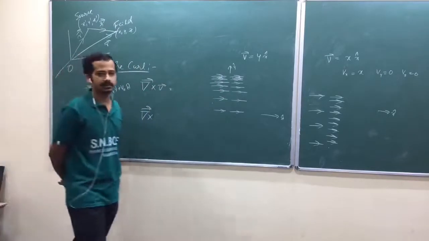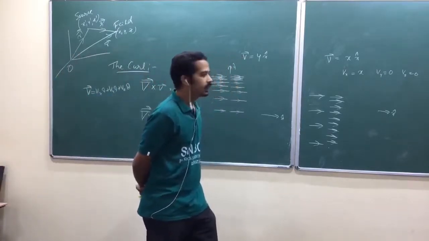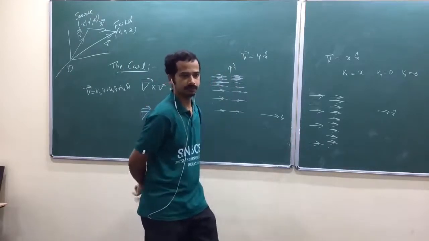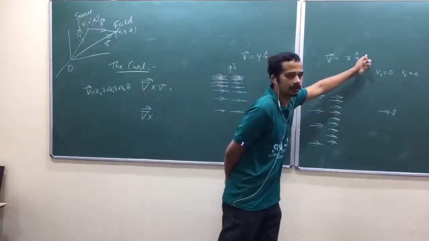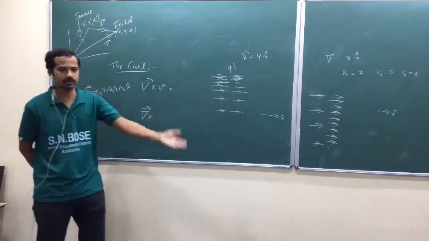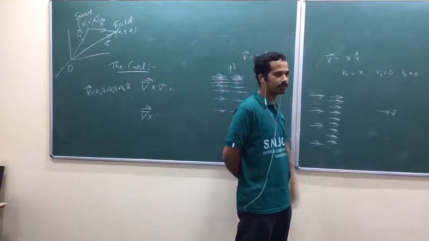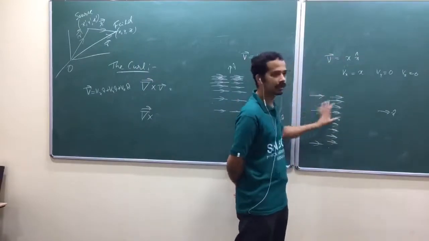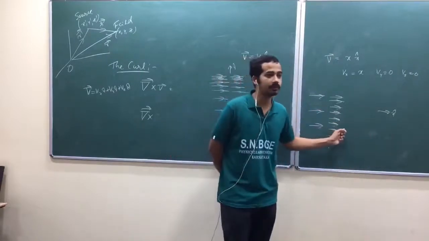Or let me take it in this way. Suppose I have a fluid which has this kind of property. I mean, any fluid. Suppose that vector field is a velocity field, the velocity vector. Am I right? If you take a fluid, your velocity is like this. Suppose the velocity of the fluid. So it's like this. Again, it is increasing, but it's very difficult to have that physical situation.